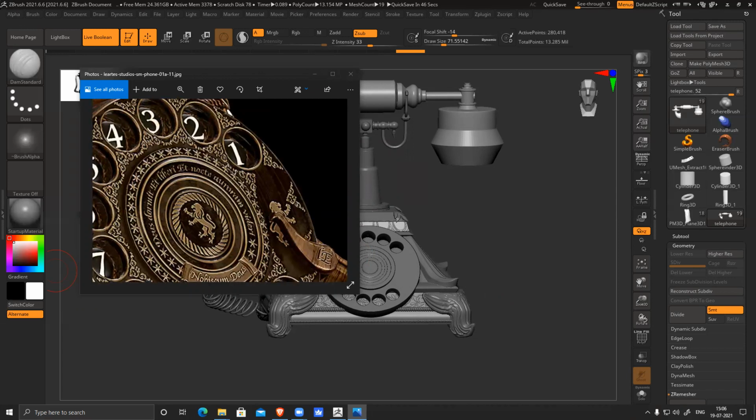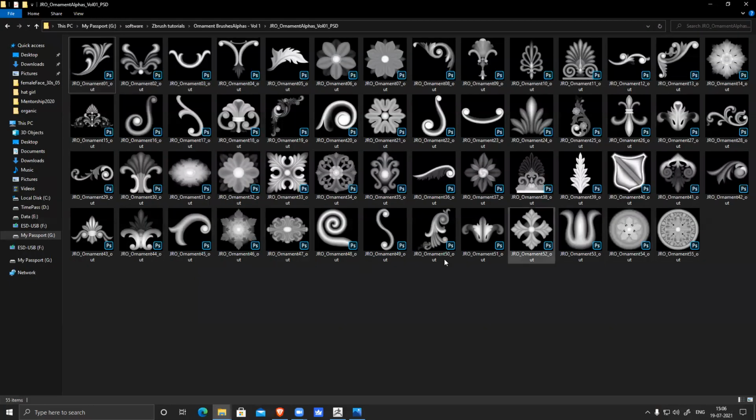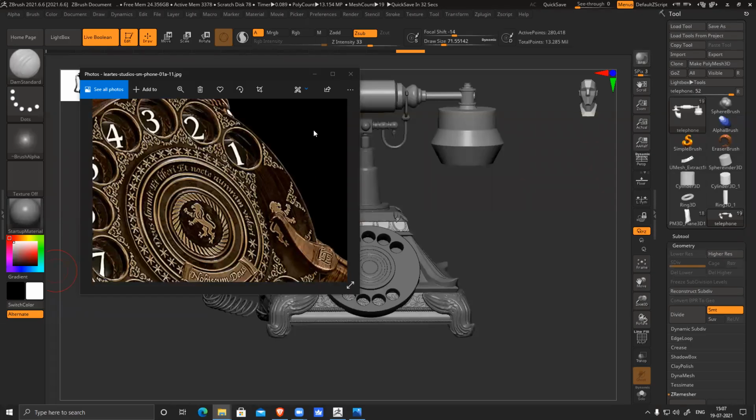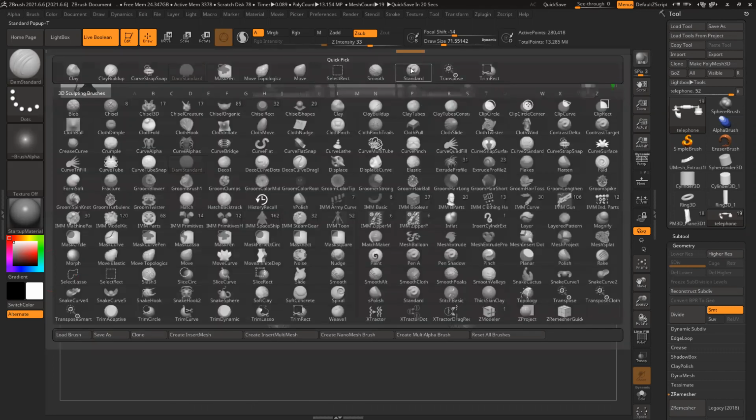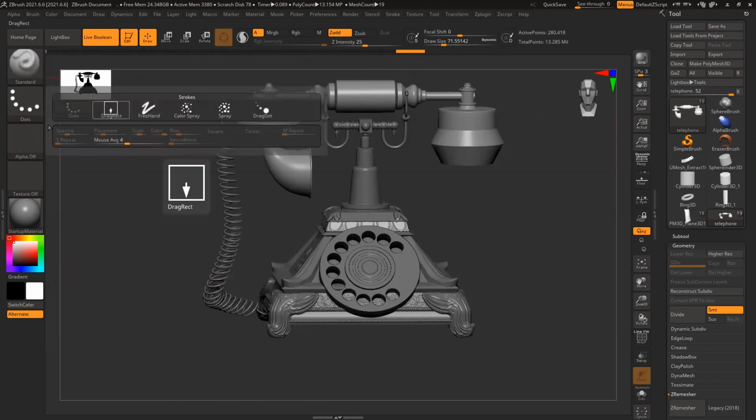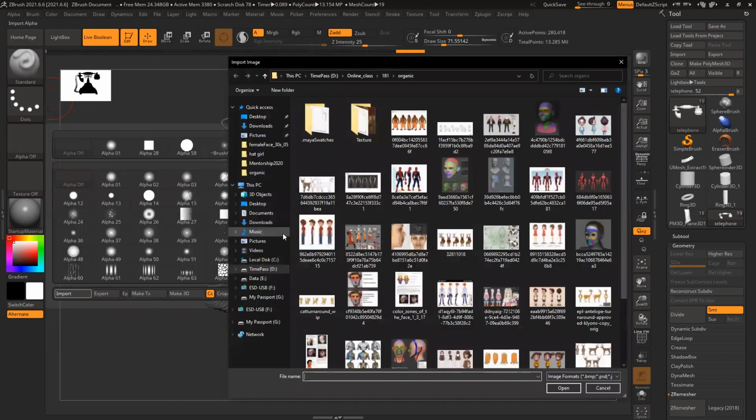So I have downloaded a lot of alphas. You can google about ornament alphas and brushes or height maps like that. You can find all these brushes, and these images are available on Google very easily. So there is a very easy way I can create these shapes. I'll just copy that folder path and use the standard brush, or I can simply select import, Control V